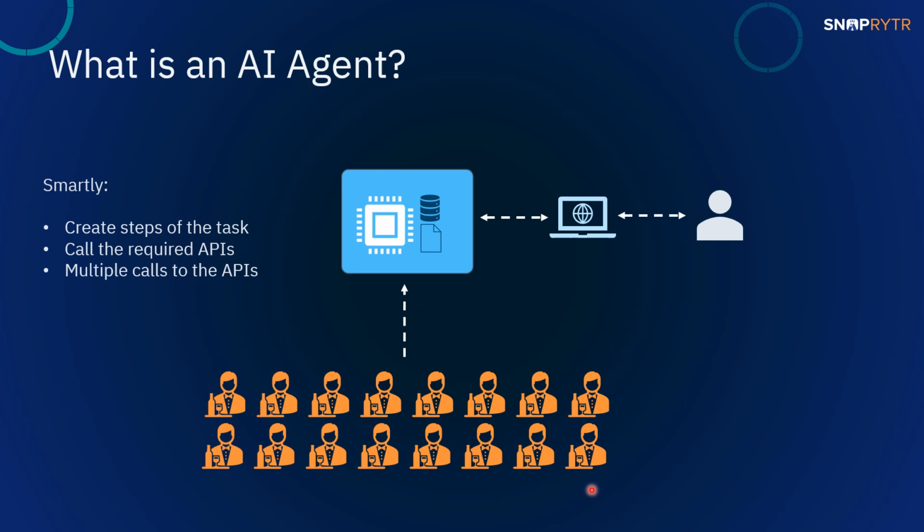I'm using a metaphor of food and restaurant here so that I can make you understand. If I talk in technical language, let me rephrase. An AI agent has the capacity to call APIs, create workflows of APIs, choose which API to call when,